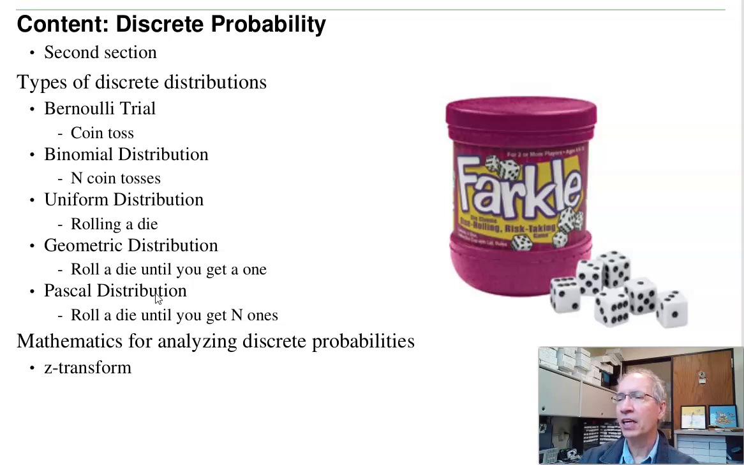When I roll a 6-sided die, I only get the answers or the numbers 1 through 6. If I roll 6 6-sided dice, I get various combinations. That's uniform distribution. A geometric distribution is I roll a die until I get a 1. I play a game until I win. A Pascal distribution is I roll a die until I get n ones, like roll until I get 3 ones. Now, those are all types of discrete distributions, and we'll look at the mathematics for analyzing discrete probabilities, along with